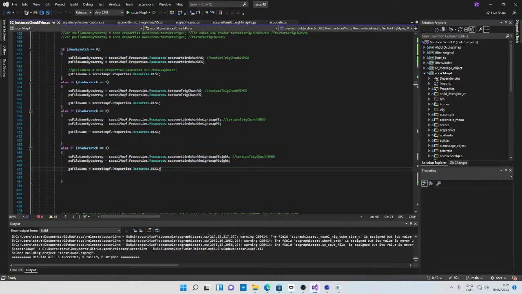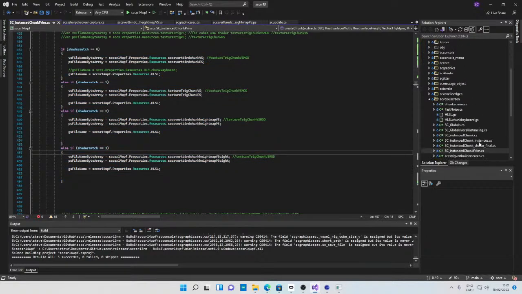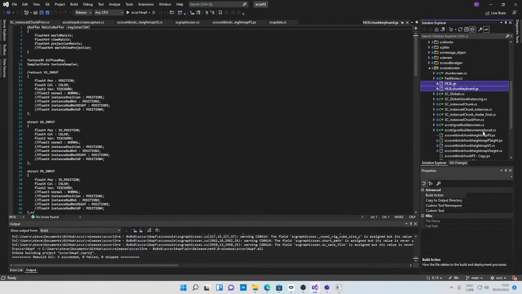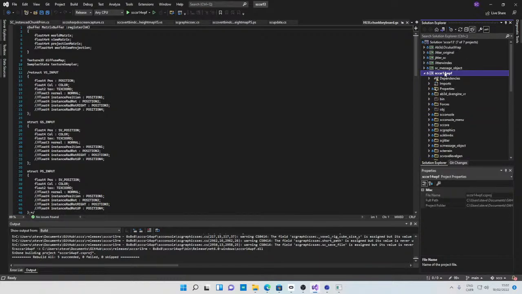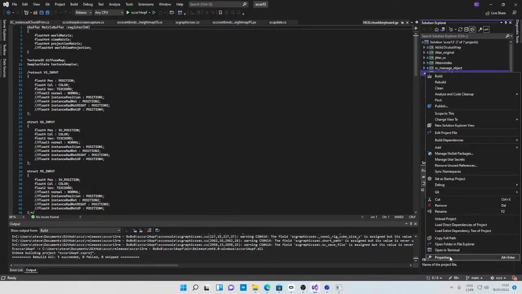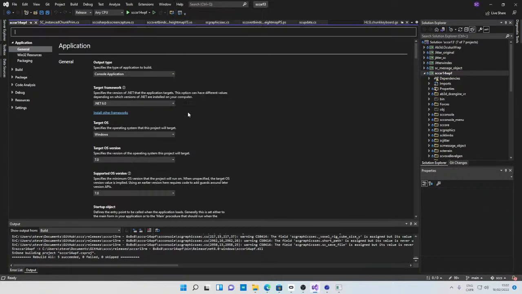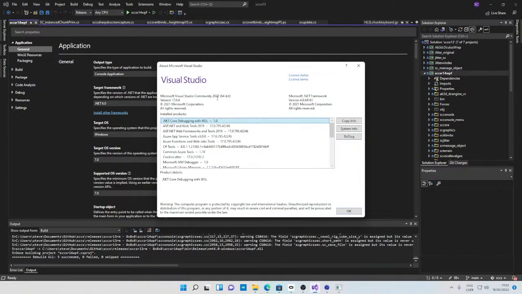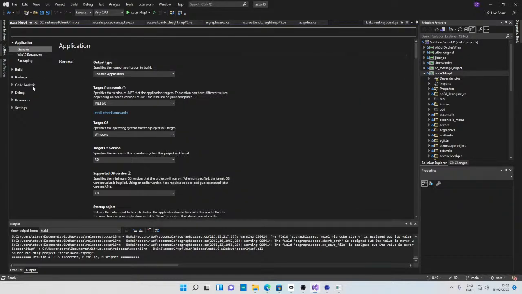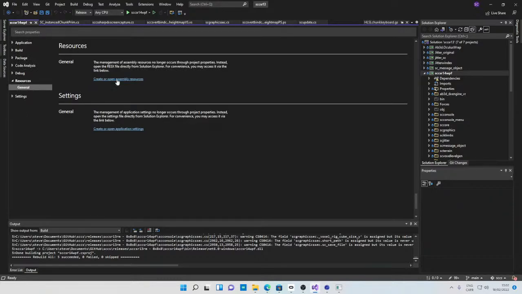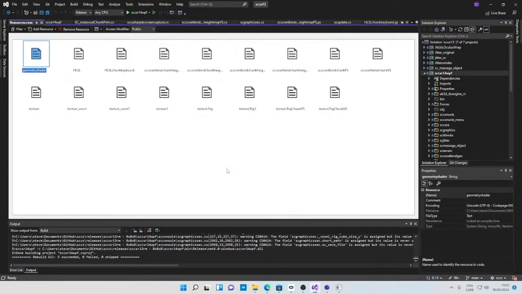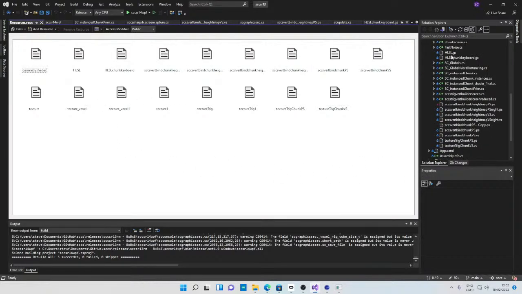So here it's going to be set up correctly in the resources, although you might have to take all of those shaders and put them in the resources. You have to right click on the program, click on properties, if you're using my Visual Studio version, which is 2022, 64-bit. You have to click on resource, click on create or open assembly resource, and once you take